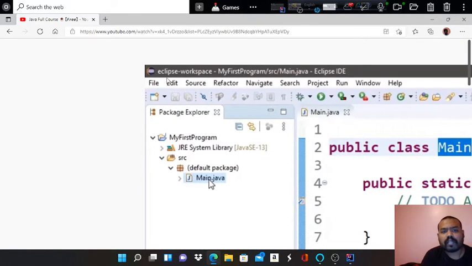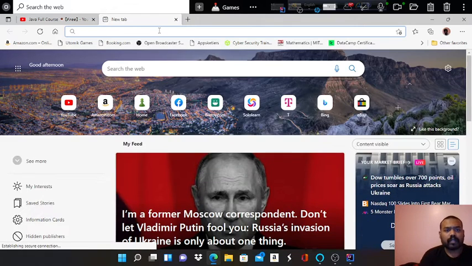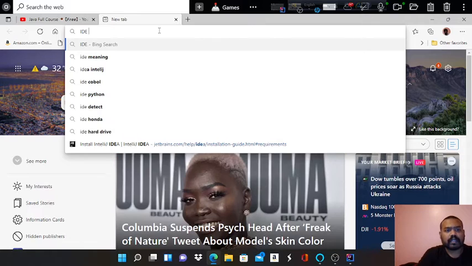So you can see he's using Eclipse workspace. That's a different code editor platform. So these are IDEs. That means, IDE format. I can Google it for you. So which is IDE, meaning